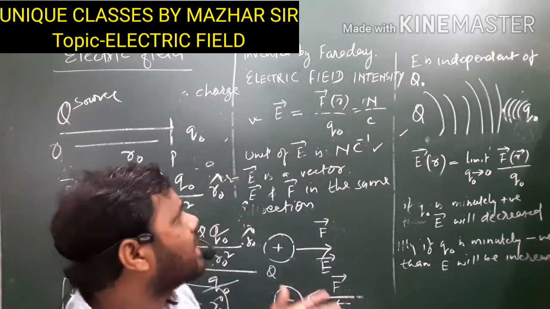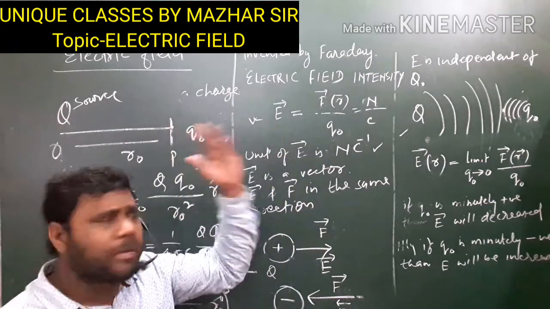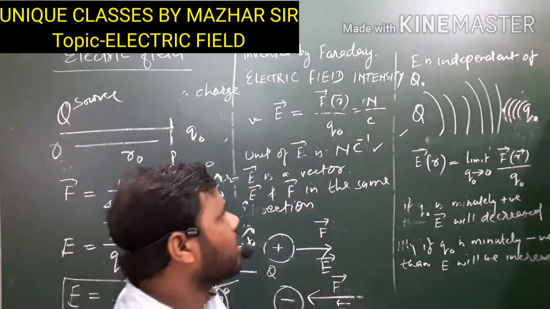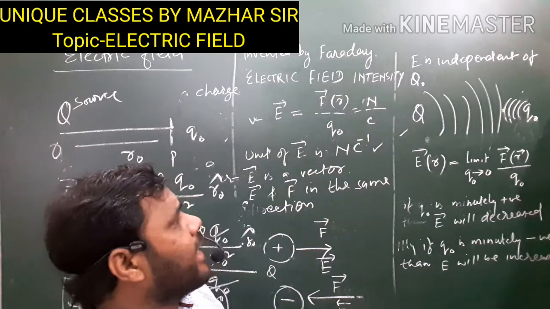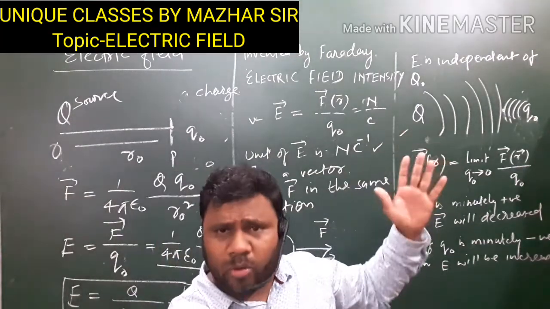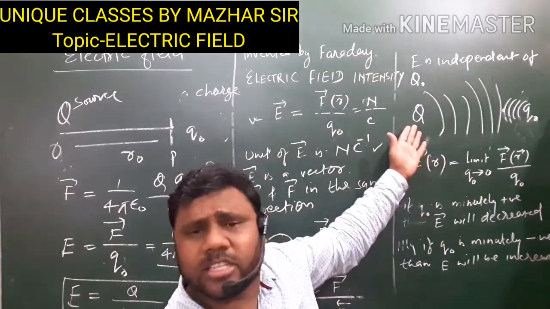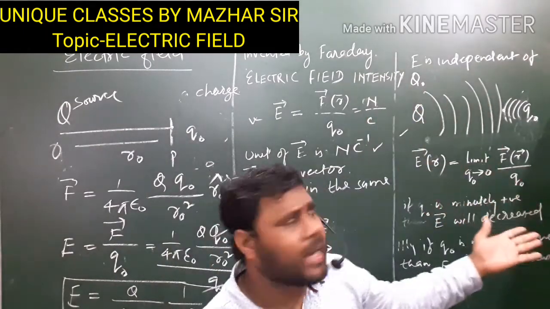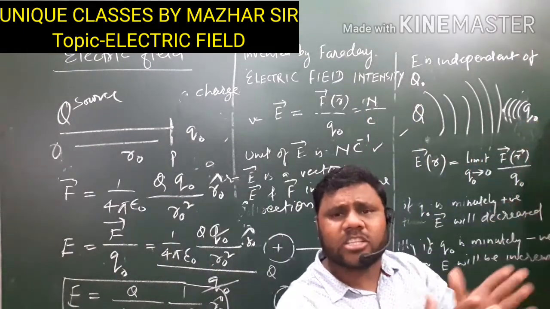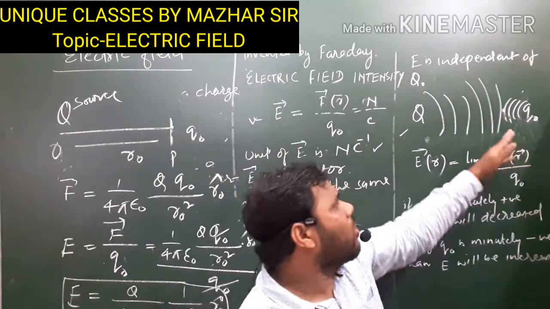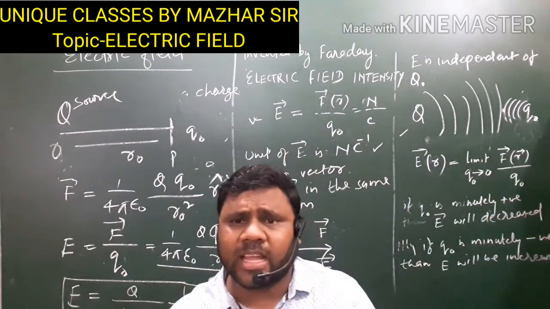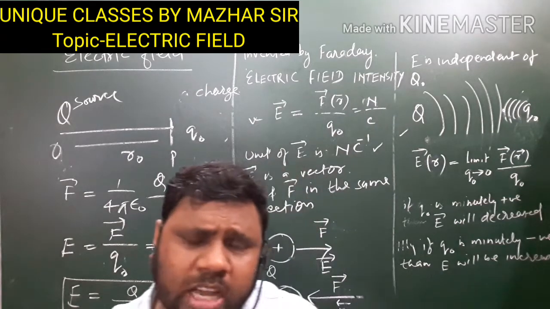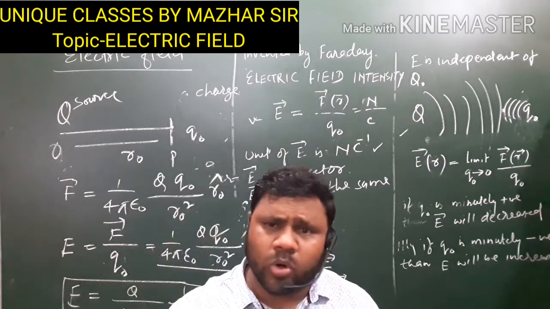The major thing has been spoken by this statement, by this equation. So now we are considering the electric field due to two charges. You know that suppose it is the positive charge, so definitely the electric field will be produced by it. Similarly, we will have a test charge on the other side. Now, since it is the test charge,